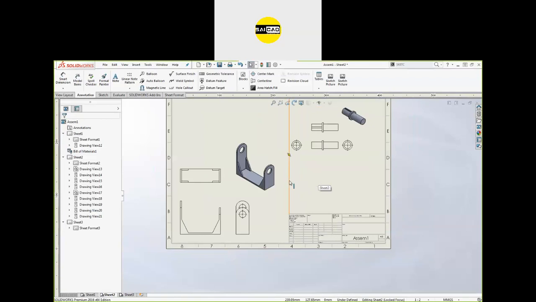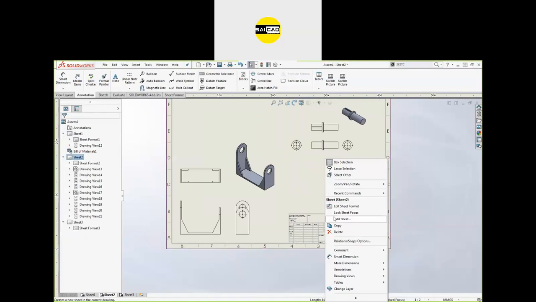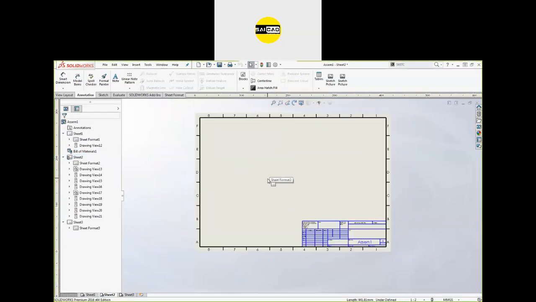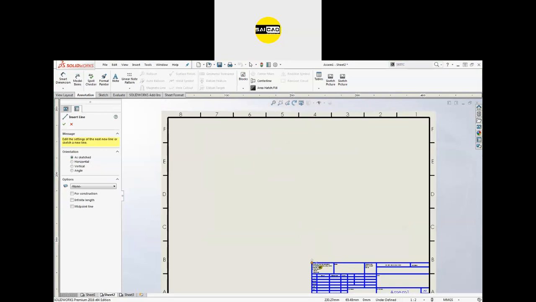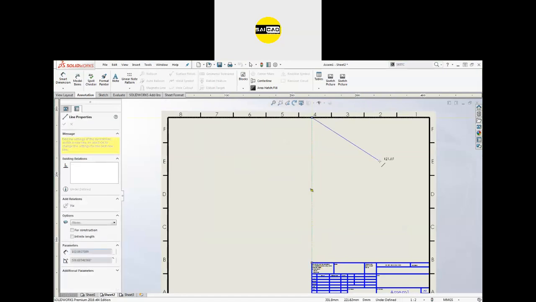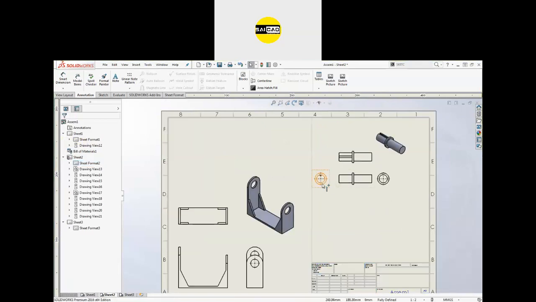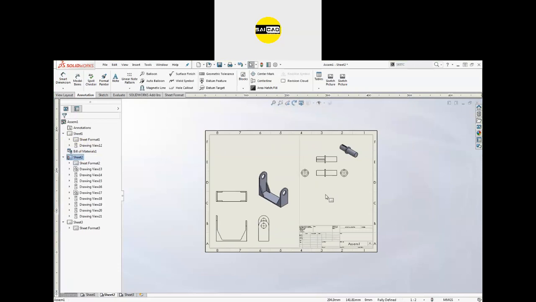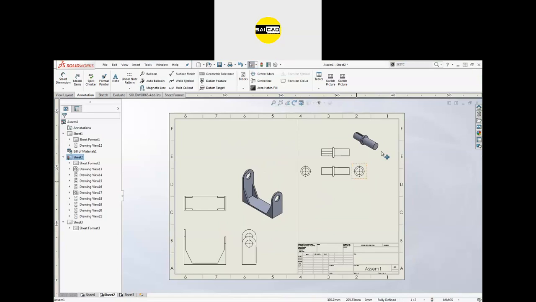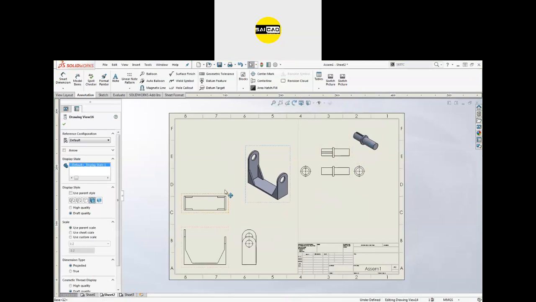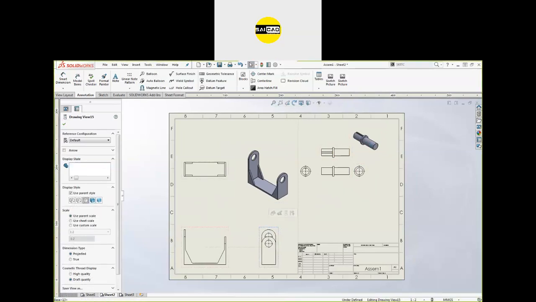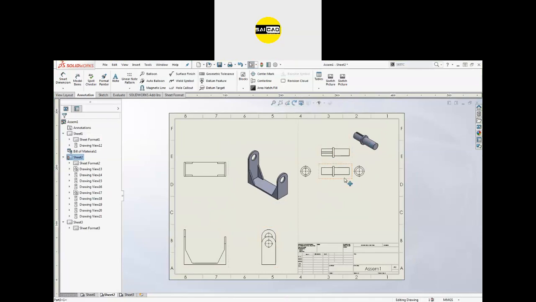Okay, so if you want to create this line inside, like you want to see a black line, so just go to the edit sheet. Okay, now create a line here from this point to this point, and press escape, right click, edit sheet, and you will see a line here inside. You cannot delete this line from here. So like this way you can create multiple objects in a single sheet, multiple drawings of an object in a single sheet. So here we have all the views.